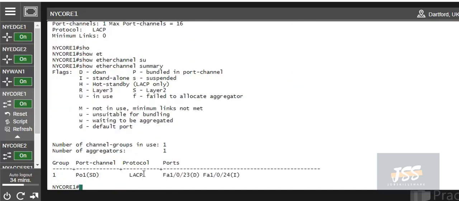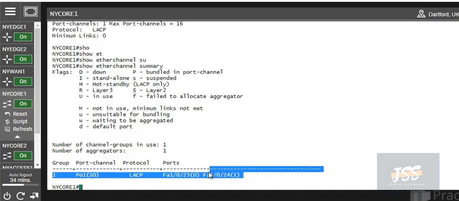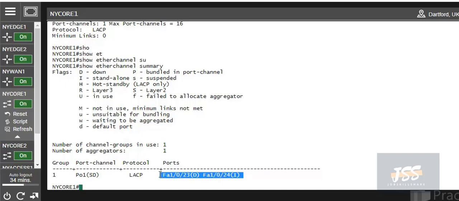You can see over here the protocol is LACP, the number of groups shown is 1, D means down, and I means stand-alone. So it means there is a problem here. It should not be down. You can see over here SD means suspended down. So this is not working. This EtherChannel is not operational at all.